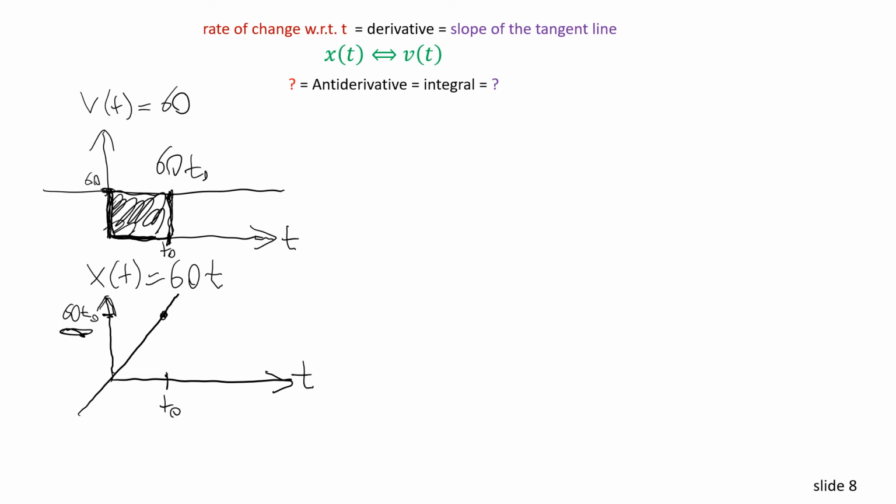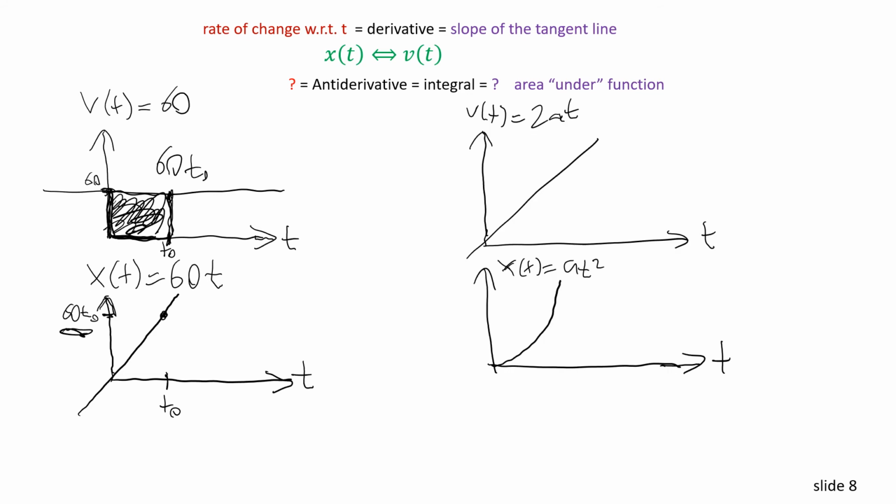Now that is the whole kicker to this thing. The integral is just the area under the function. Well, at least for this example. Let's try another example. So once again, we pick a t0, and then on x(t), when t equals t0, x(t) equals a times t0 squared. And then on this v-t, you also have this t0,